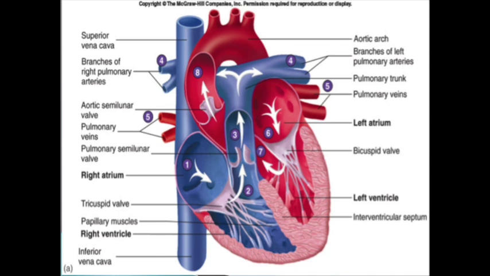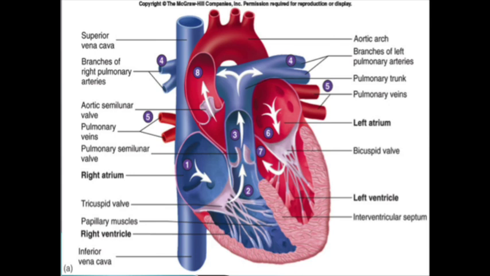In this slide also, we can shed more light upon the blood flow through the heart in steps. As you can notice, in step number 1, the blood is collected from everywhere in the body